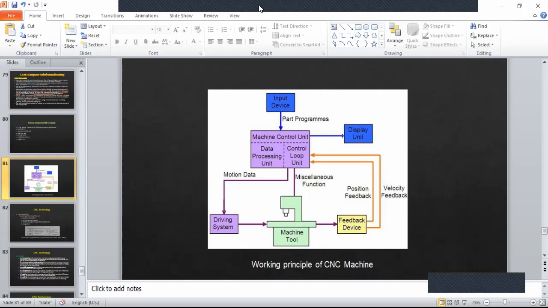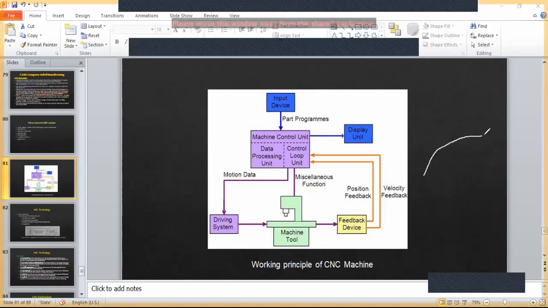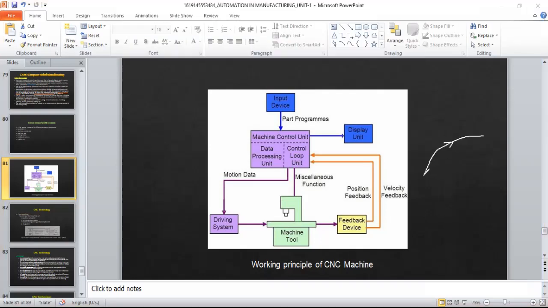And there are combinations as well, isn't it? Let me give you an example. If you want to move like this, from this point to that point, you're not just going to a point, you're following a path.